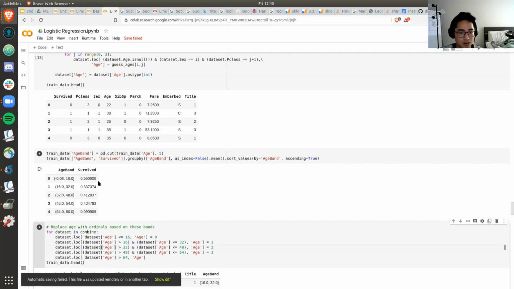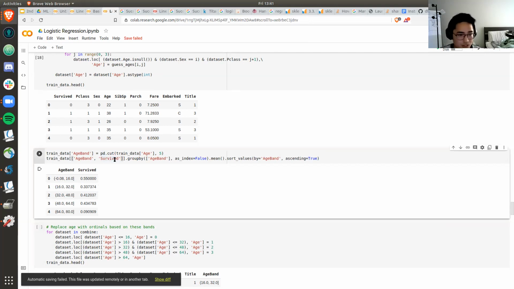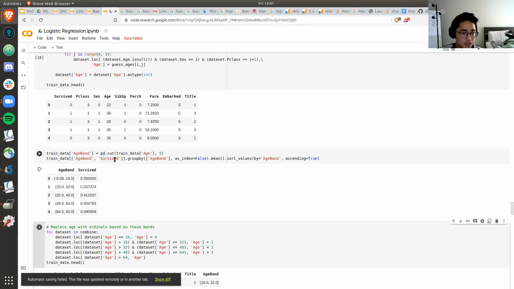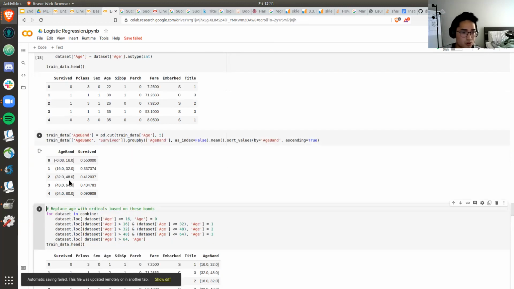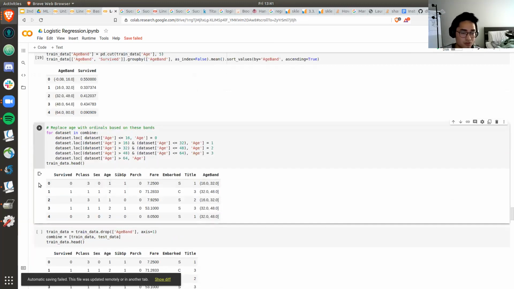In this case, that is what we're doing. We're grouping a specific group of people, given their age range, and seeing how many survived. That helps us understand the data more and find out what we need to look into for training our model.